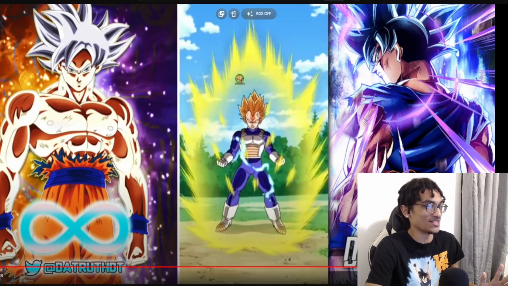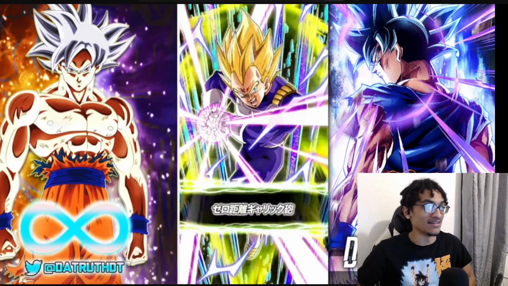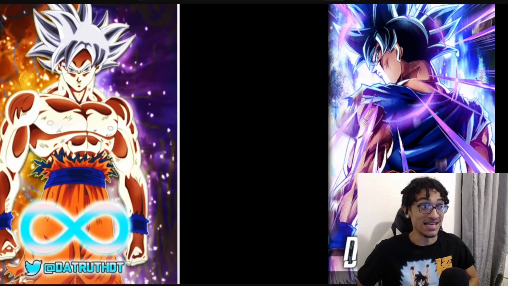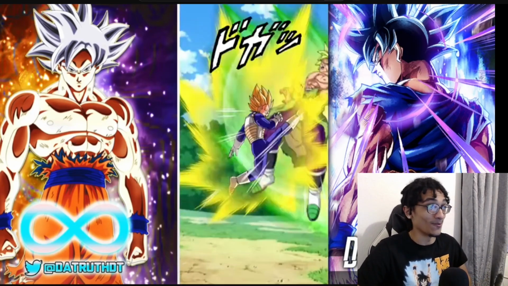And I'm pretty sure Vegeta does take a super attack. So Vegeta starts out with 7.6 million. And I mean, he's gonna do a lot of damage to Broly. Look at that damage. Then he does another super attack, 8.3 mil. Wow. I mean,